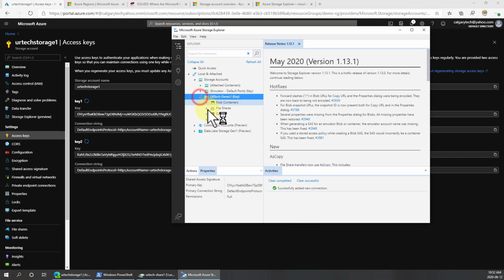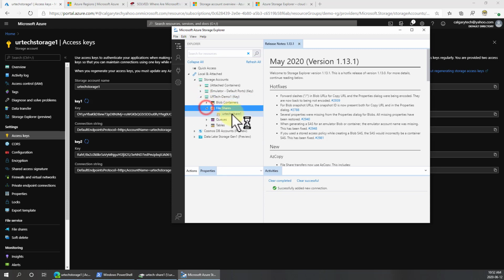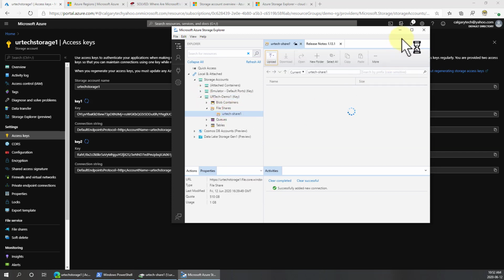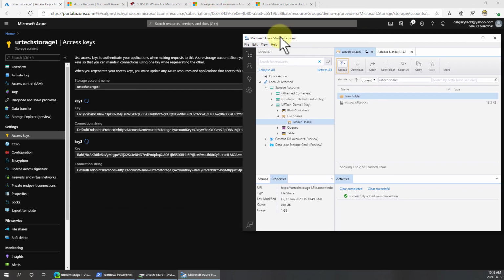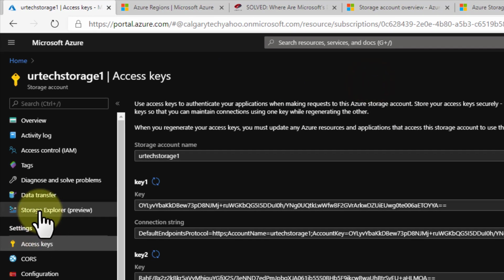Look at that. And I can see it. So I could give this out to a customer and they could upload and download files into there. Pretty slick. Now, one other way to get to this data is if you're in